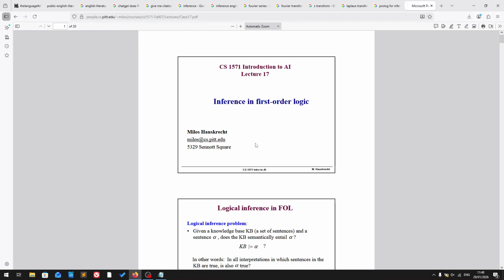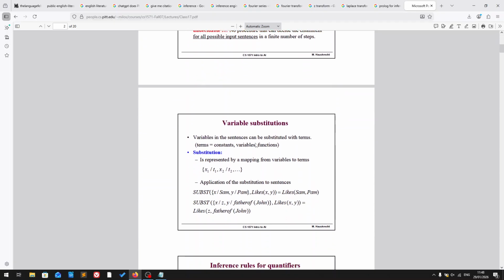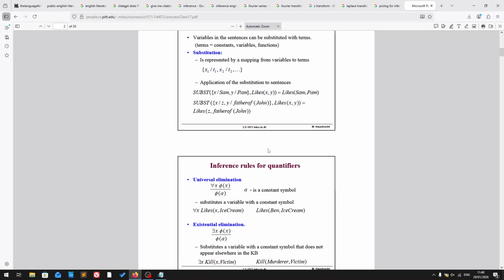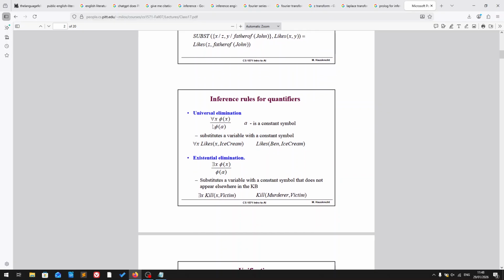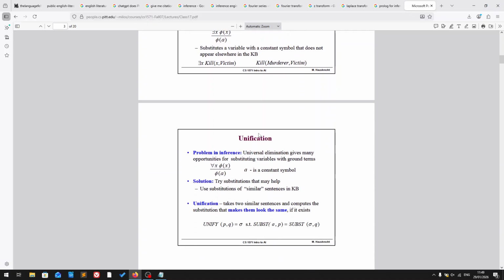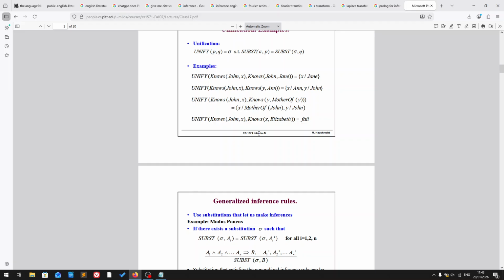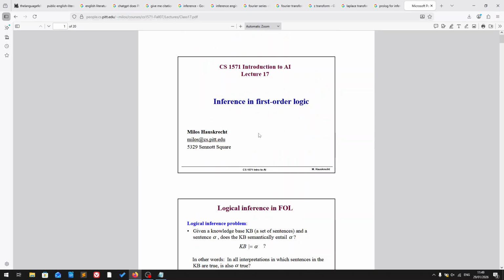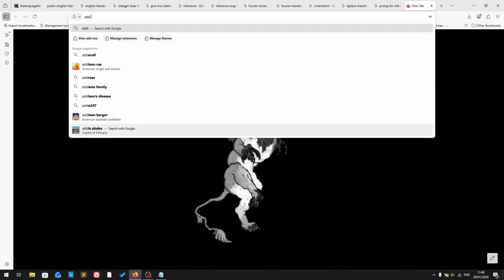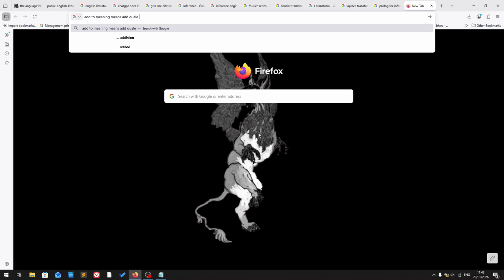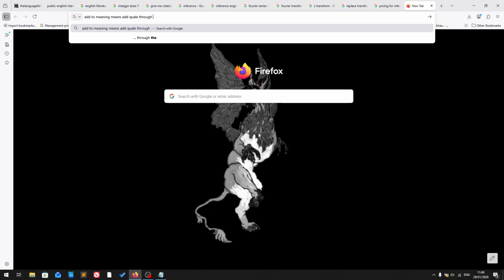So University of Pittsburgh. Again, you have to be able to read these things, and if you are starting out, this can look like, okay, how do you go about this? Okay, yeah. So it does require some prerequisite, and that's what I was saying. What do you mean when you say you add to meaning, right? So add to meaning means add quale through all content words.